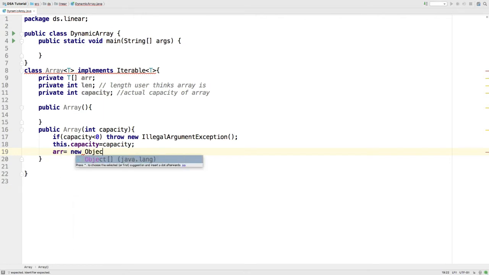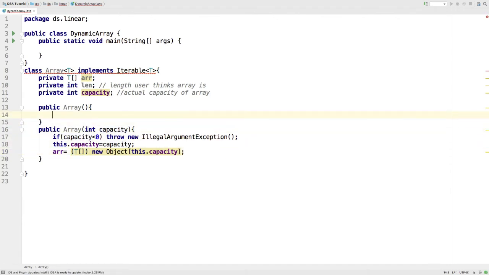So for that, arr equals new Object[this.capacity]. Now it's giving an error because I have instantiated an Object array actually, so I have to typecast to the actual data type.